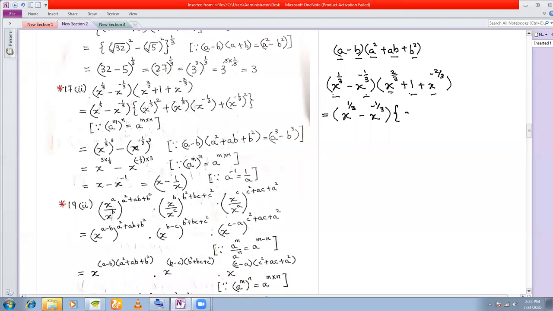Now you see x to the power of 2/3 can be written as x to the power of 2 into 1/3. I write this as it is, 1 plus x to the power of 2 into, I break it up as 2 into minus 1/3. Why did I break it up as 2 into minus 1/3? Because I need this 2 and this 2 same. Why do I need these two same? Because I want to see whether this square appears. That is why I have written this 2 as it is.